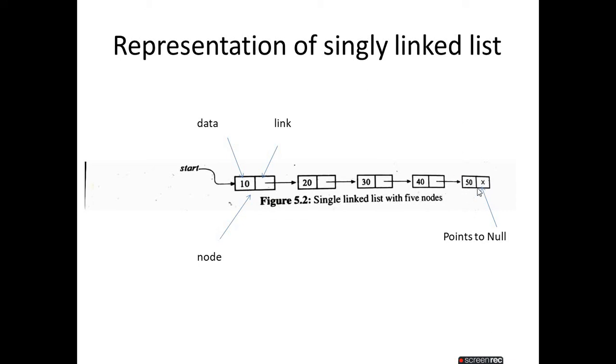Now, this is the last node. You can ask me: sir, you told us that every node has two parts, a data part and a link part or next part, so what about the last node? For example, its data part is 50, but there is no next node, so where does it point? It points to null. That is why it is denoted by a cross here. Every time we check whether a node is pointing to null or not. If it is pointing to null, stop, because this is the last node.